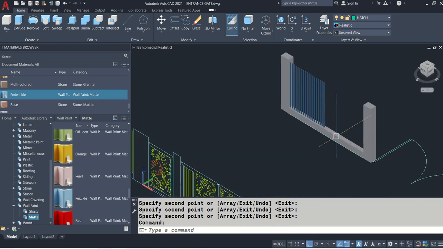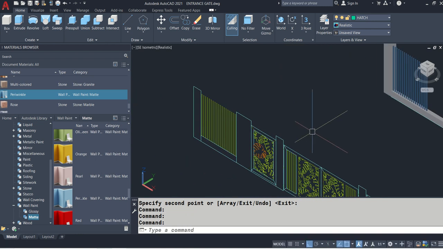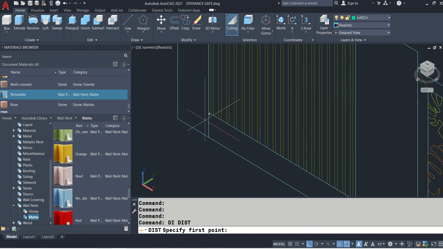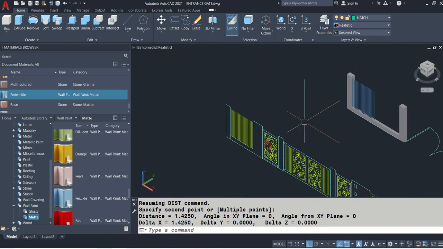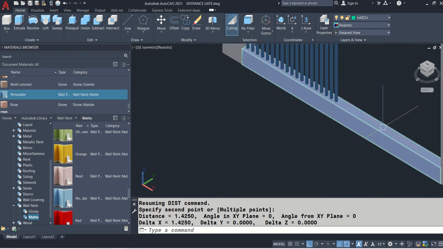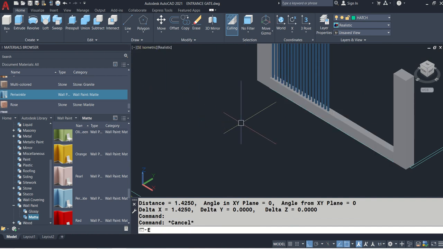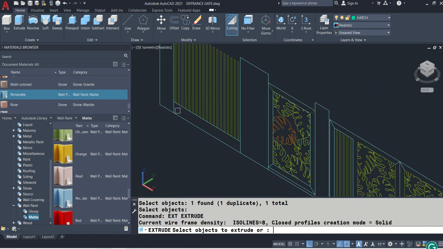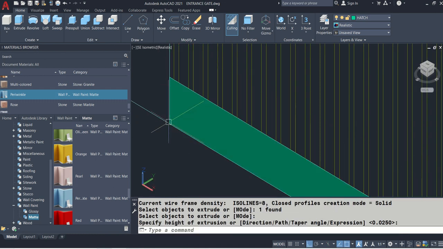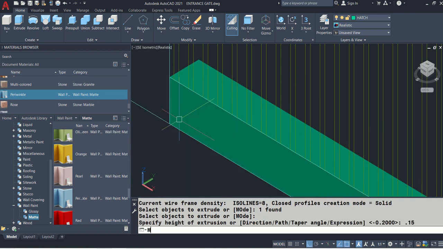Okay. So, the next one, we have an excess here. Let me see. DI. Okay, that is around 1.42. Let me see what I can do with this one. Maybe I can just simply erase that. E, enter, select, enter, and EXT, enter, select, enter, click, enter, select, enter again, 0.15, enter, M to move,